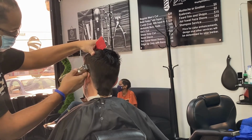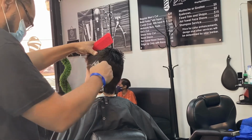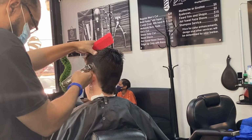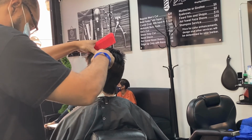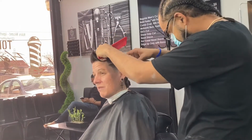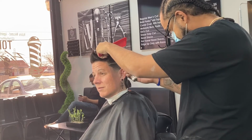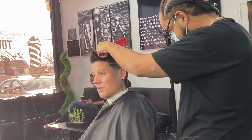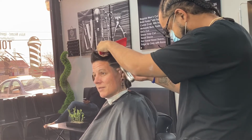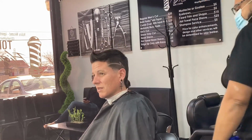But when you've been cutting hair for so long, it's going to be very hard to not do the same thing over and over. I'm pretty sure somewhere down the line I've done this haircut probably 20 times over with the same design. But it's always something new for the person that I'm providing the service for. And I like to do simple designs, not too many lines. The more I keep it simple, the easier it is to remove